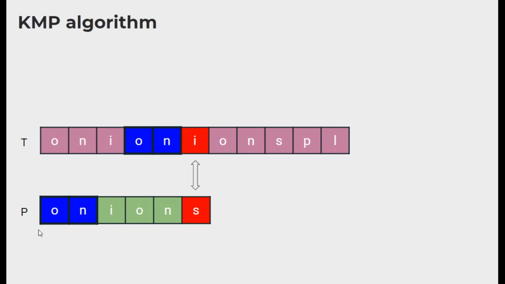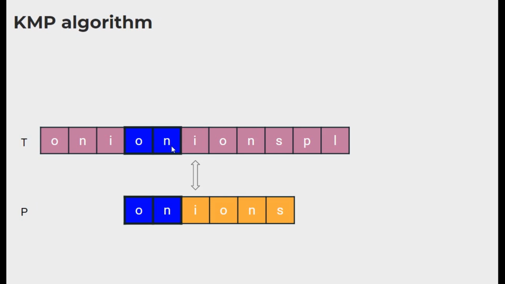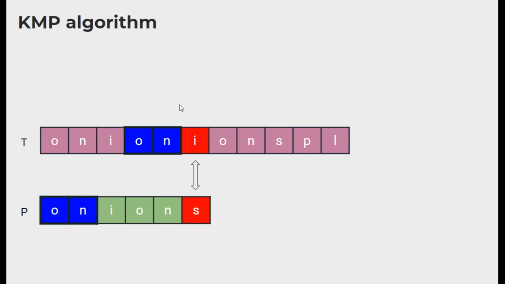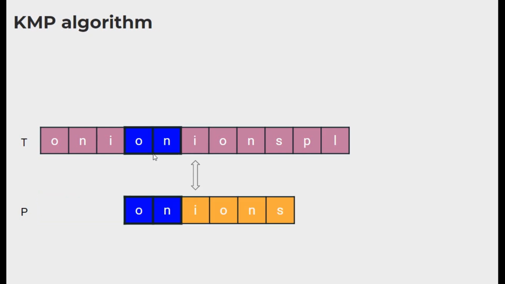So in this substring, we have to find a prefix that is also a suffix so that we can match this prefix of the pattern with the suffix of the text, and we can skip all the previous comparisons and start comparing from this third position, or exactly the second index of the array. Moreover, it is not just some prefix that is also a suffix. It should be the longest prefix that is also a suffix. Only then can we correctly match them and skip the maximum comparisons.